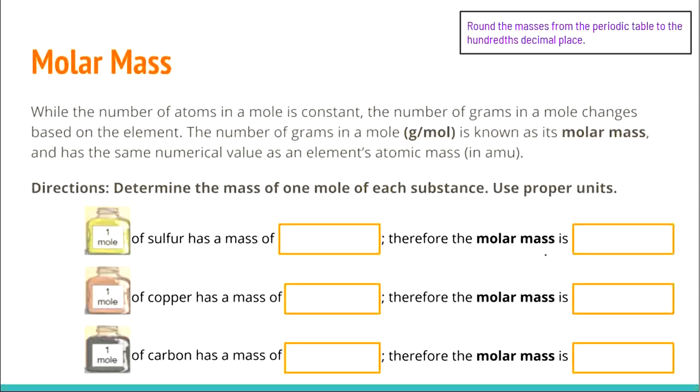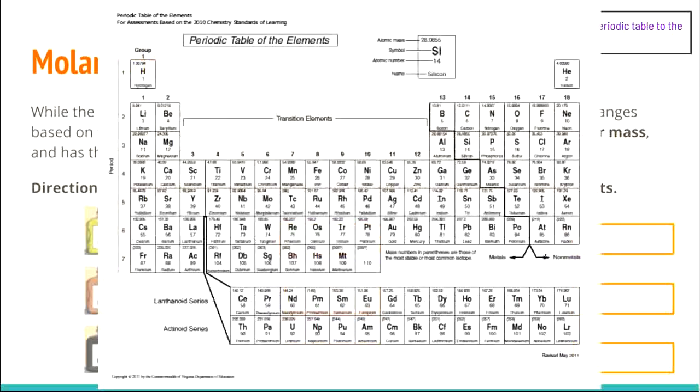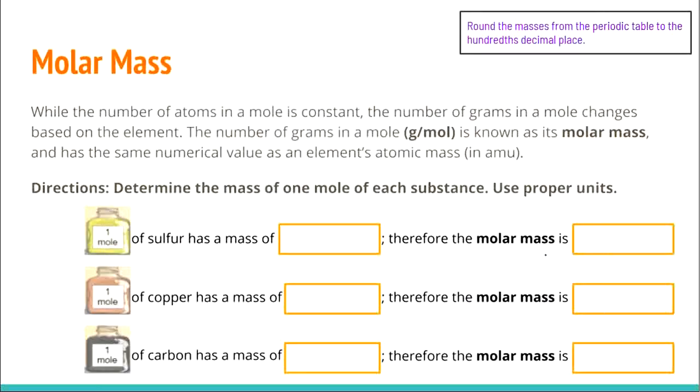The units are grams per mole. That many grams equal to 1 mole. And it has the same numerical value as an element's atomic mass, which we learned previously as the average atomic mass with the units of AMU. Using your periodic table, we're going to determine the mass of 1 mole of each of these substances. So find sulfur on your periodic table. 1 mole of sulfur has a mass of 32.06 AMU. Therefore, the molar mass is